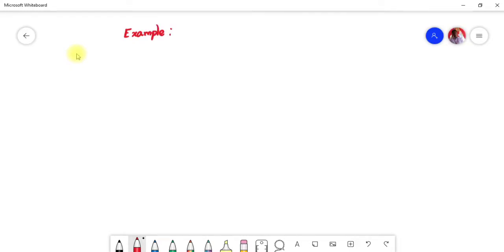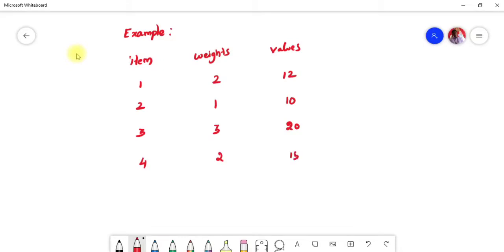So we are going to have items 1, 2, 3, 4, and the weights for the corresponding items are 2, 1, 3 and 2, and the values are 12, 10, 20 and 15.